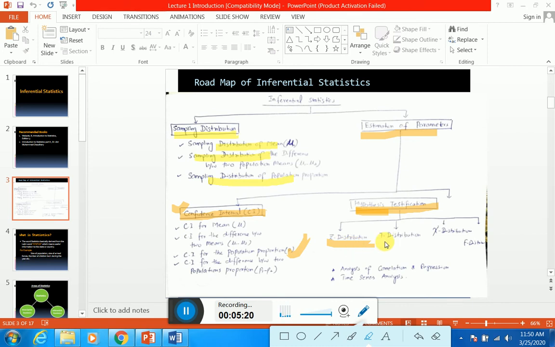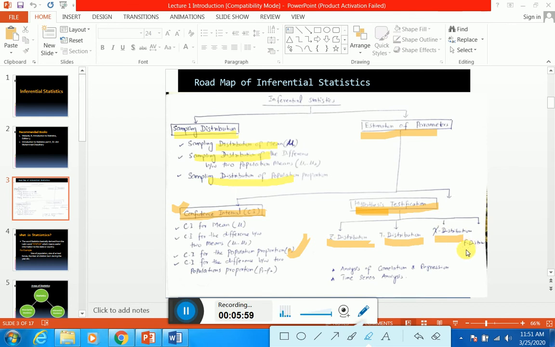Then we will move to the next distribution, which is known as the T distribution, and sometimes also known as Student's T distribution. There are a total of 3 topics we will discuss under your T distribution. After that, we have another important distribution, which is the chi-square distribution. Chi-square distribution is basically hypothesis testing about the variation. We will study variation hypothesis testing under the chi-square distribution.